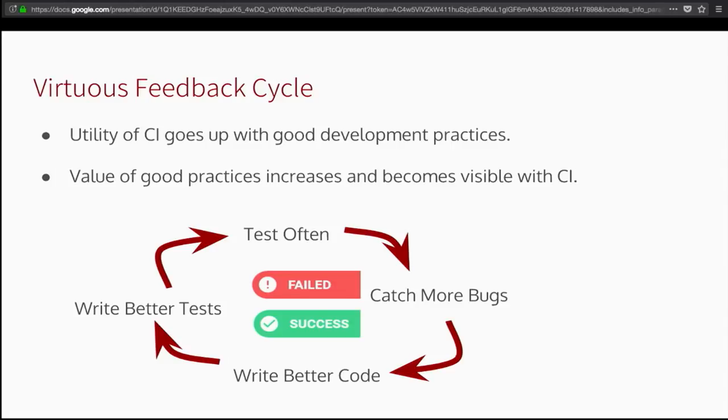But your CI also gives more value to those unit tests, because the more often you run them, the more often they're going to be catching bugs and regressions that could be introduced into your code or into your org. So we start to get this cycle here, where you write better code, you get more value out of your tool chain, and then that value that you get from your tool chain enables you to make better decisions and write better code. It goes around, and ultimately your code gets better, and you catch more bugs.